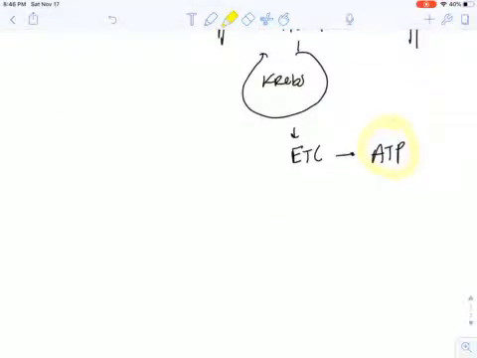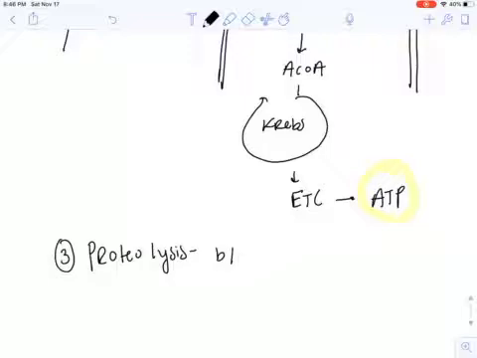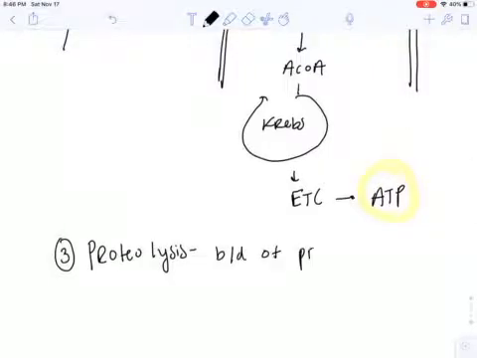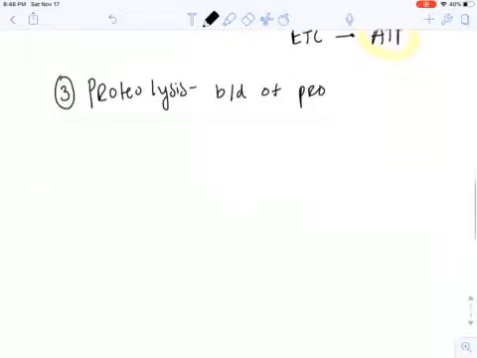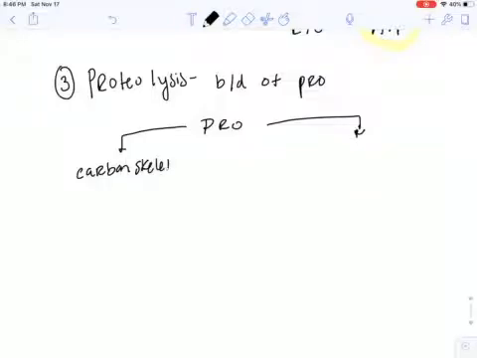Now, this is going to continue to break down. And the last step here is going to be proteolysis. So proteolysis is simply the breakdown of protein. Now, one thing to note here is this is really that final step. When we look at protein, we can break it down into two different pathways. The first one is going to be the carbon skeleton, which can provide some ATP through, basically this is going to be that